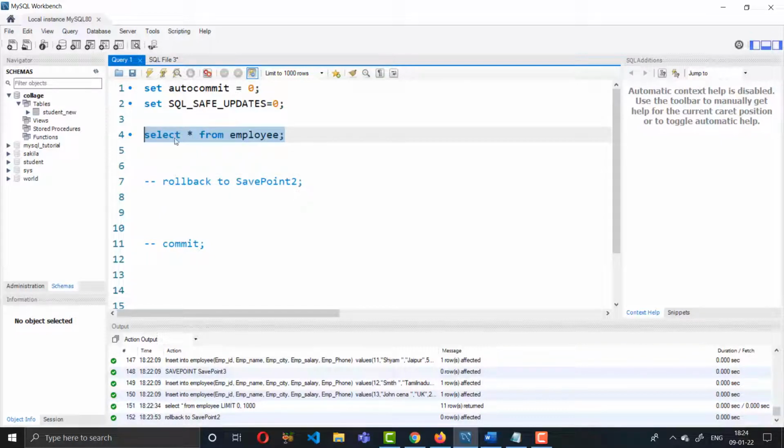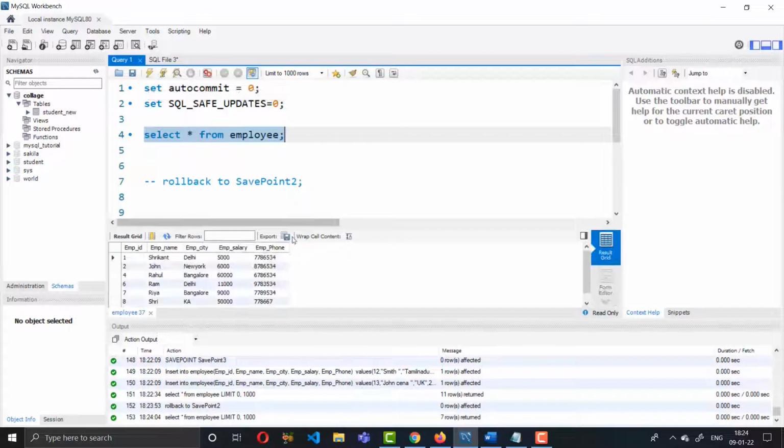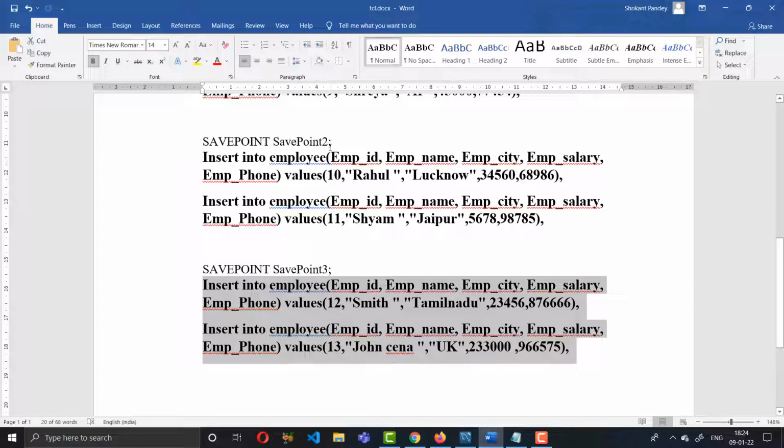I will explain this point. Let's see the result. Okay, so if you see, after savepoint 2 you had inserted these rows: Rahul id 10, Shyam id 11, Smith id 12 and Johnson id 13. So you have rolled back to savepoint 2, which means all that information has been recovered.